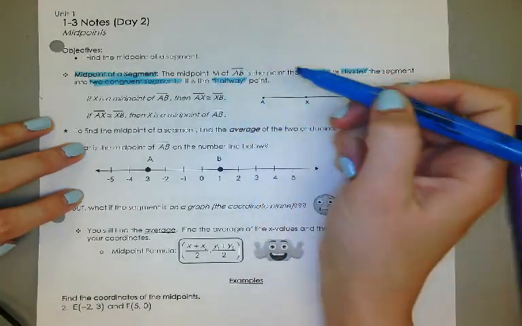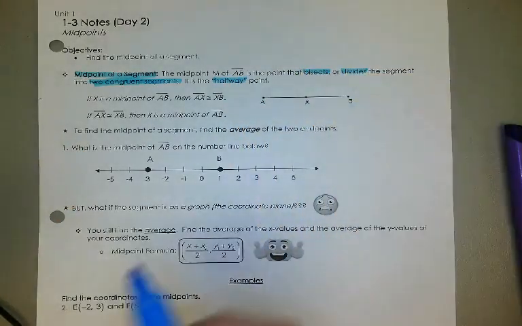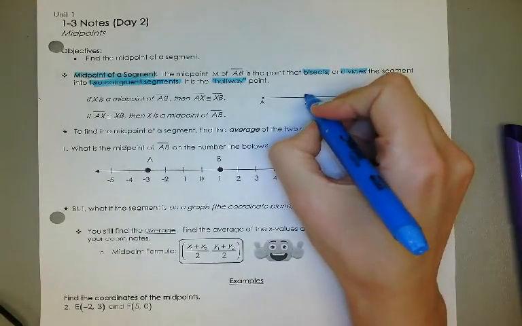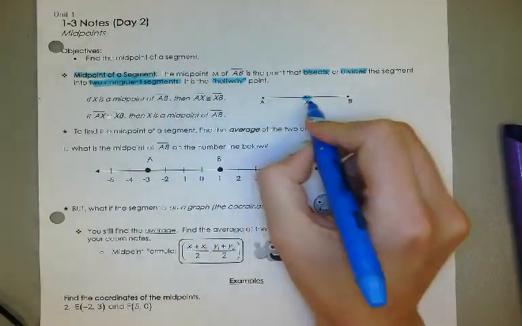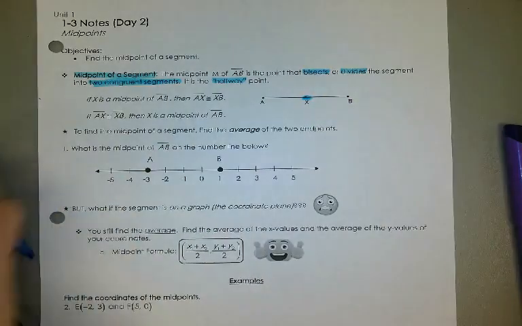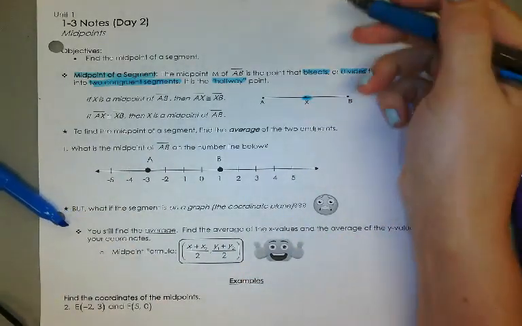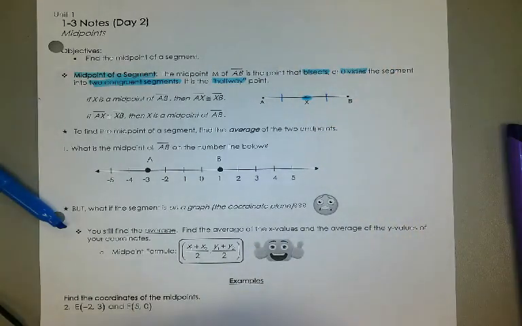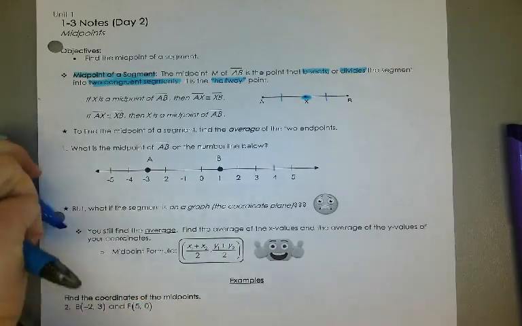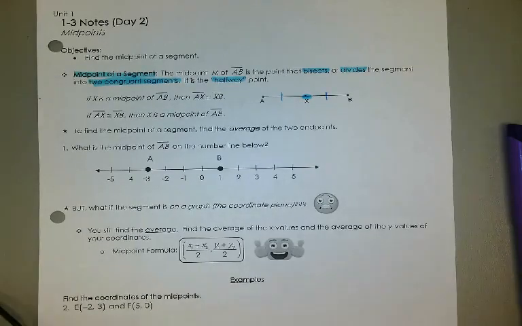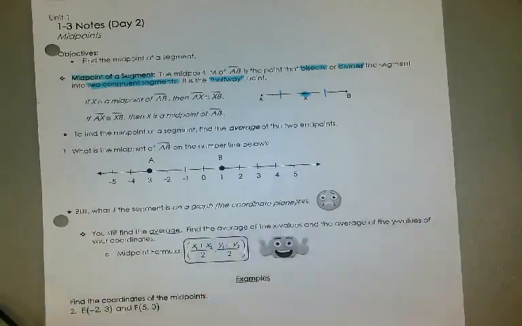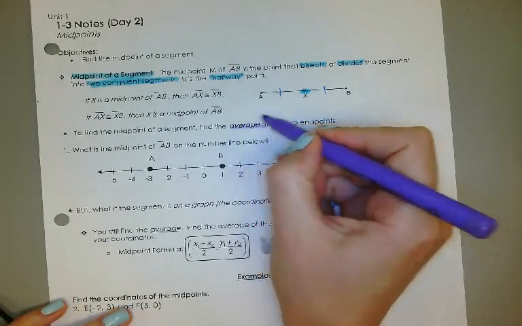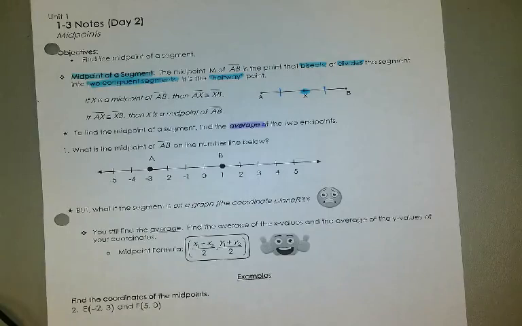This is the halfway point. So in this diagram here, if X is the midpoint, then segment AX is congruent to segment XB, which means we have two congruent segments, AX and XB, which means that we can put tick marks on those segments as well. And if we were to look at a number line, finding the midpoint is actually finding the average between the two points. So averaging between two things, remember, is adding those two things